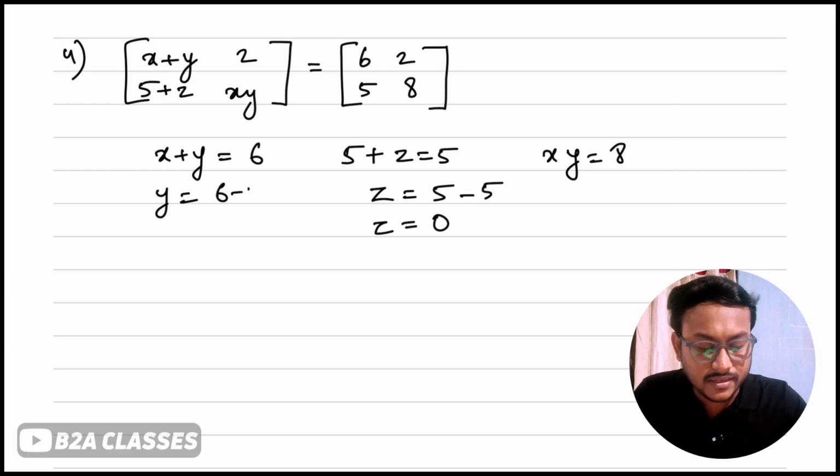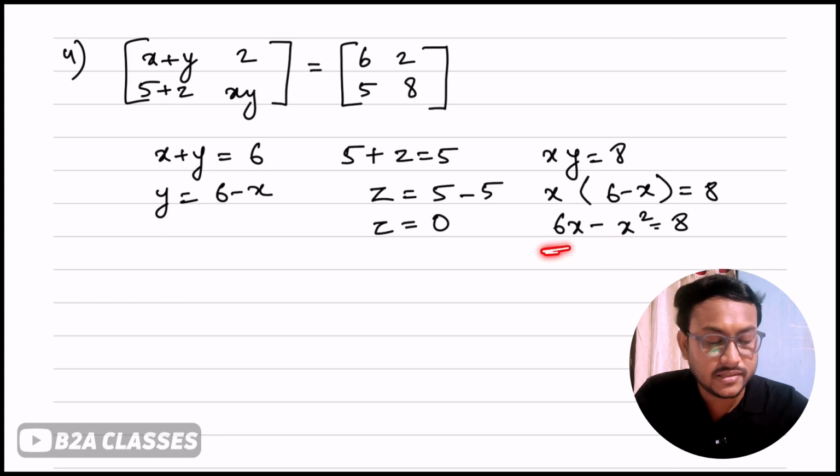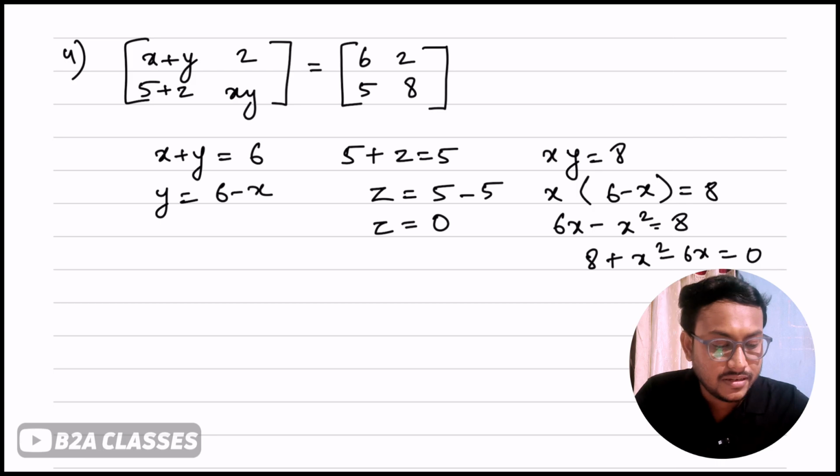So y will be 6 minus x. अब क्या करना है, इस वैल्यू को यहाँ पे पुट करना है. So पुट करने पर क्या आ जाएगा, x into 6 minus x equals to 8. Now x को ब्रैकेट के अंदर मल्टीप्लाई करने पर 6x minus x square equals to 8 आ जाएगा. यहाँ पर जो x square है इसको हम राइट हैंड साइड में ले लेगा एंड ये 6x को भी राइट हैंड साइड में ले लेगा. लेने से क्या होगा, 8 plus x square minus 6x equal to 0 आ जाएगा बेसिकली,